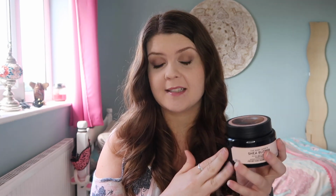When I was trying this out, I was constantly in my head comparing it to the Coco and Eve Like a Virgin hair mask, which is my holy grail of hair masks, but it is very expensive. This is a lot cheaper, and I would say if you're looking for something a little bit more budget friendly, then go for this, because it really did help to nourish my hair, help to make it feel nice and smooth and soft, helped with the frizz, and actually in terms of application,